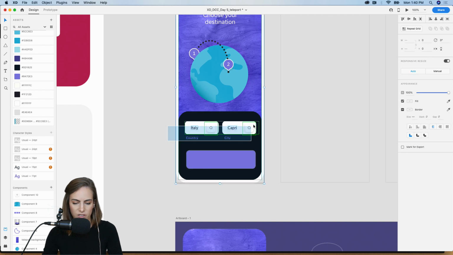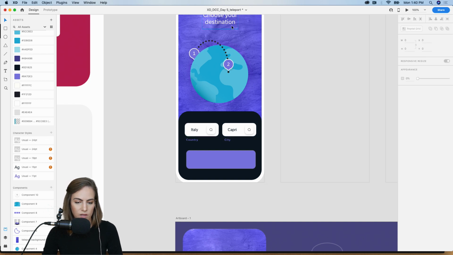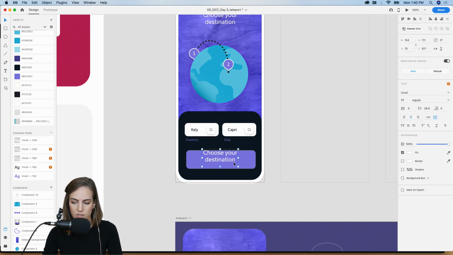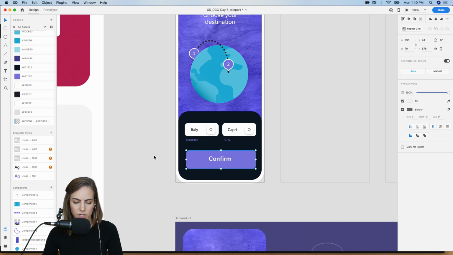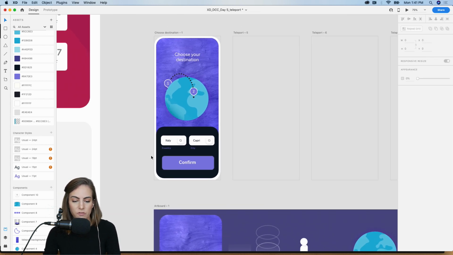Okay, we can actually, let's group some of these. Oh boy, got a lot of layers here. Okay, so group these, we can bring these down a bit, and then I'll just copy and paste this, and we'll say confirm. Bring this down here. We'll make this 24, and I have this medium. Okay, so these we can group. So first page looks good.